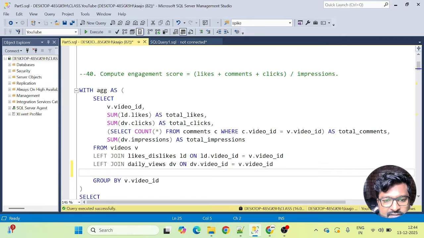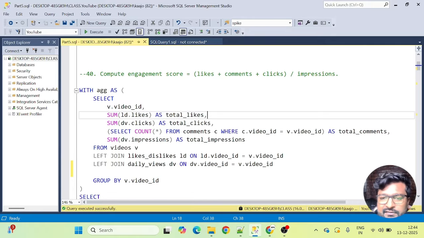What this will do is, when SQL executes this query, inside this query simultaneously what will happen is, this videos table will get joined with the comments table based on this joining condition, video ID to video ID, of course, as we have done in many past questions. And from there I've taken count star, correct? So for every video we're going to get the total number of comments by this count star. And because I'm grouping by video ID, this join would work here. I hope this is clear, guys.